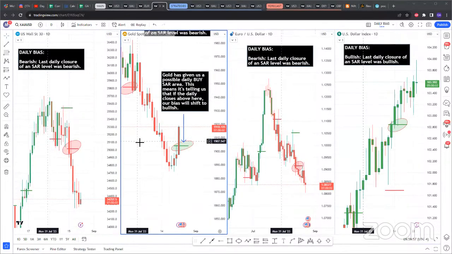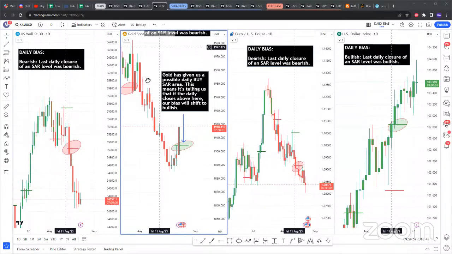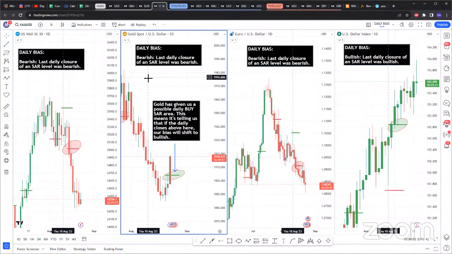Perfect. So you can see, just if it's hard for you to remember, write that down. Look at the daily bias. Look for double SARs on the 4 hour and 1 hour time frames in the direction of the daily bias. And if you do that, you won't be faced with your bias being bullish and price going bearish. More times than not you're not going to be losing any money, because if anything, price will not be tapping into the areas that you have marked up.